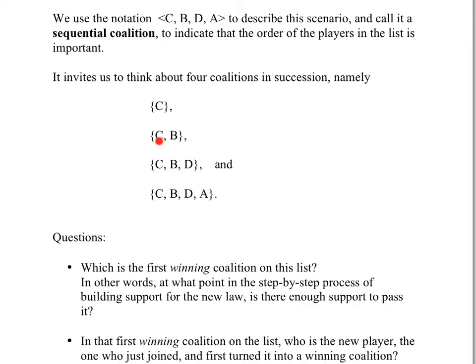Or maybe C is not a dictator, but the act of B joining in produces a winning coalition. Or maybe C and B can't pass the legislation by themselves, but when D joins in, then they have enough. Or maybe C, B, and D can't get the job done, and only when A shows up is a winning coalition formed. So once we've written down this sequence, which is prompted by writing down the players in that particular sequence, and once we've written down this sequence of coalitions, we can ask, which one is the first winning coalition